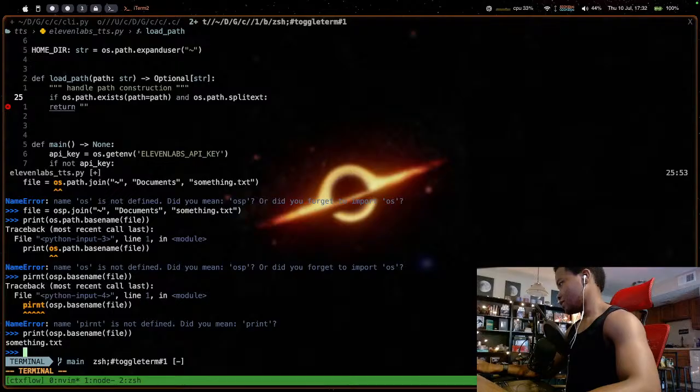Okay. So honestly I don't think I need to do that. Push the basename. Well no, let me see. os.path.splitext, os.path.basename file.